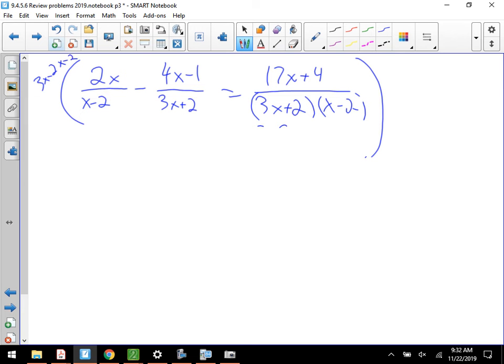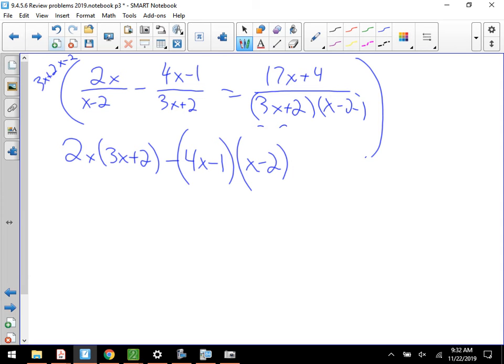So as you go to distribute all that through, remember the idea here is we're going fraction by fraction, checking what part has what, and then just go on from there. The first one has the x minus 2, and it needs the 3x plus 2. Plus there. Minus the, this is where most of you will screw up, is that you've got the subtraction part. Most of you guys will mess up here. You'll FOIL this fine, but you'll forget there was a subtraction in front, which means you had to distribute the negative. That's usually where people will mess up. First term here gives me